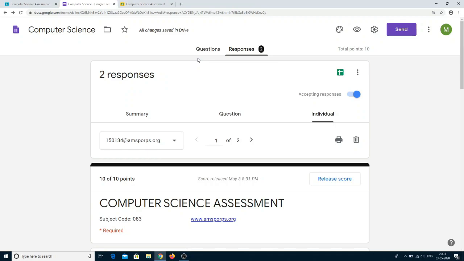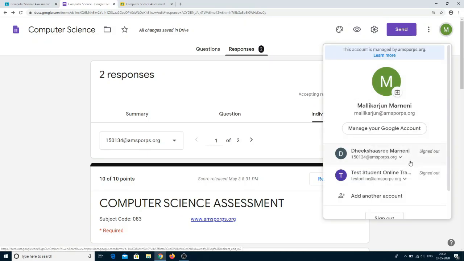This is how a teacher can cross check their answers. Even if there is any mistake in the key, they can rectify that key, and the rectified key will be applied to the student answers. Finally the teacher will cross check each and every student's answers, and then click on release score. Only then will the final result be released to the students. This is how the teacher evaluates the process. Once it is completed, we can log out from the account.